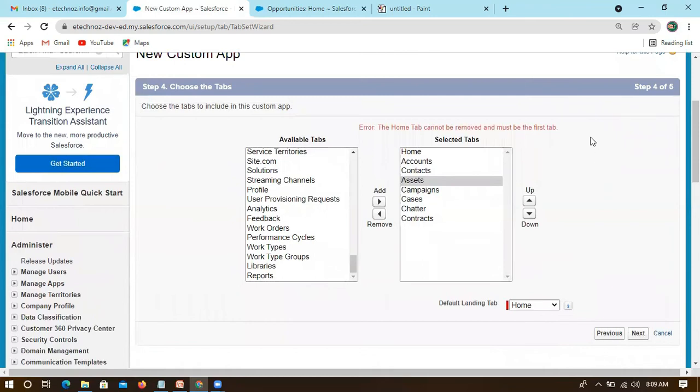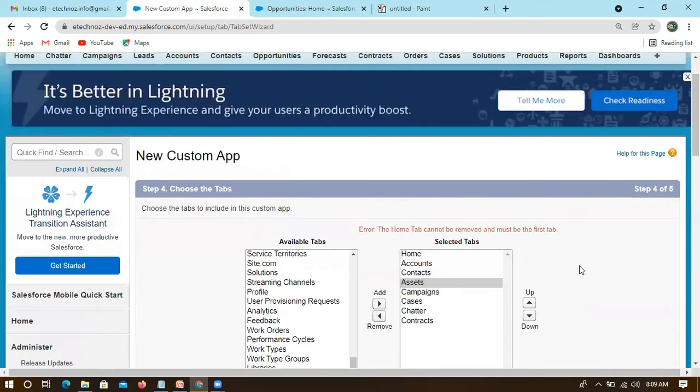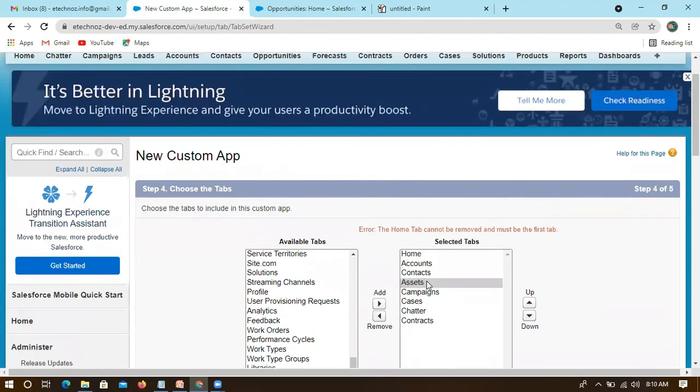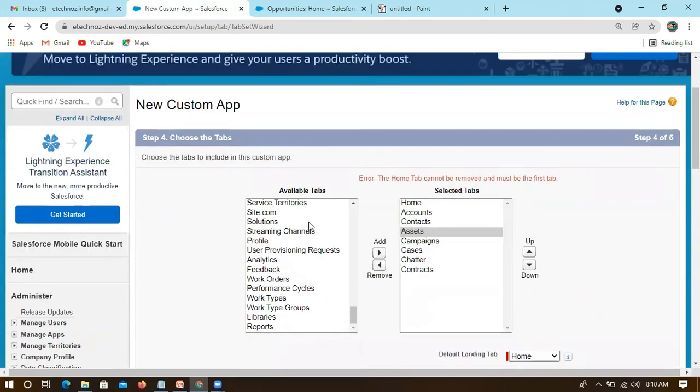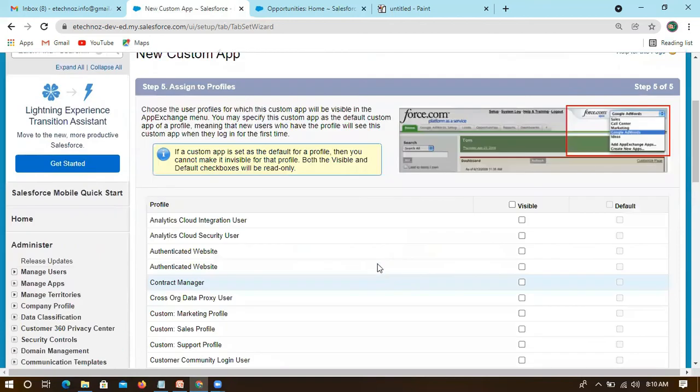So what we have done for the application, what we need? We need a UI name, a label, and some sort of name which can be utilized in the model, and some sort of name which can be utilized at API level. So that we have provided. And then we are providing the modules which are required for that application and the default landing page. And this is important. We will also talk about this profile, but right now you can just select system administrator.